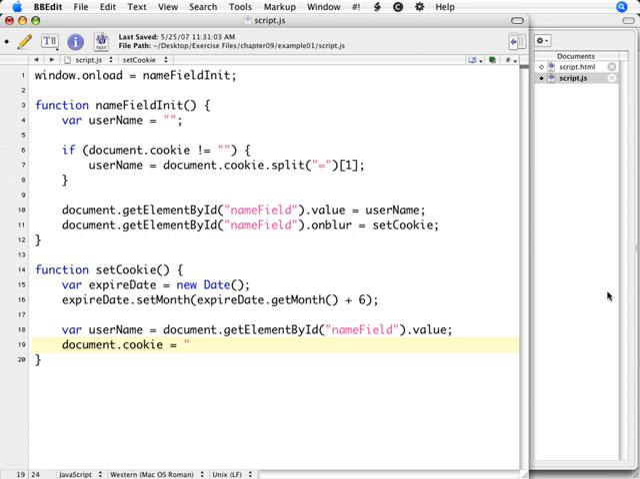document.cookie equals username, capital N, because we have to make it match exactly, plus username, plus semicolon, path equals / semicolon, expires equals. The path is so that it can be read by any web server at this domain and from any directory on this domain. The expiration date is now going to be expireDate.toGMT